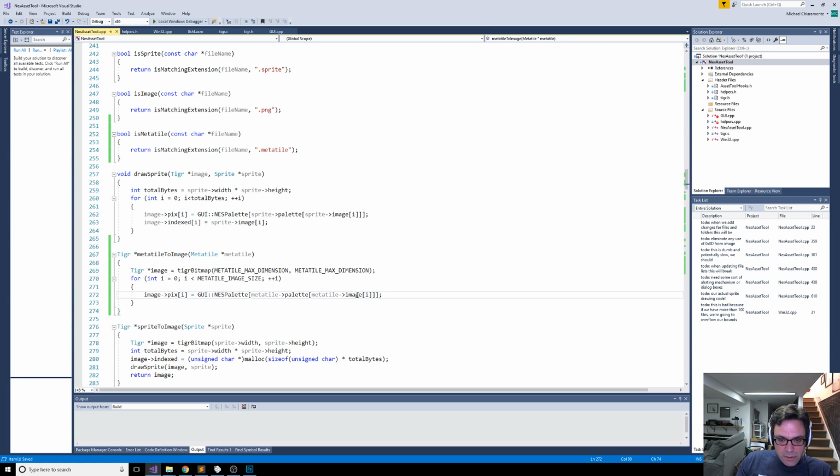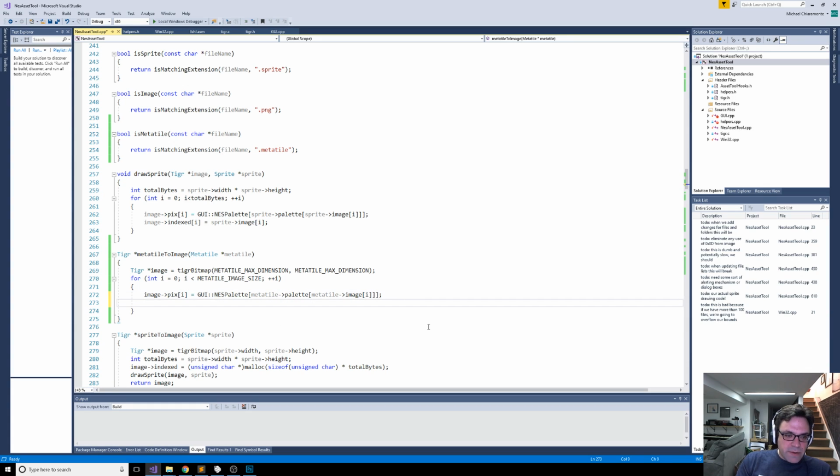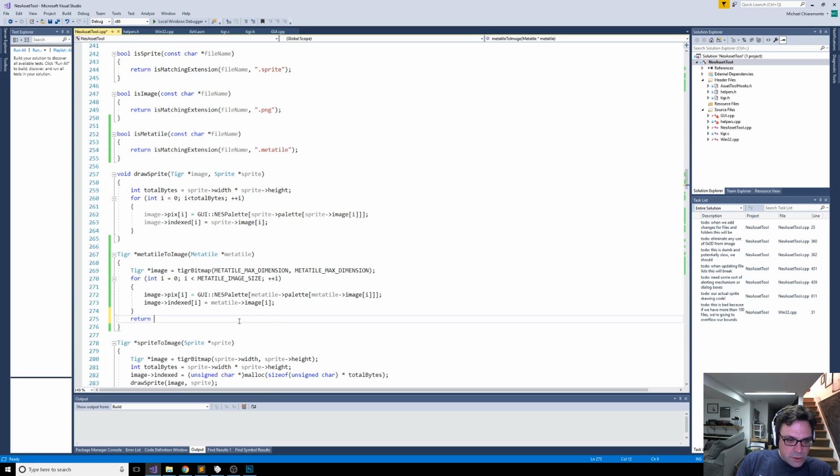Because we're taking the image. The same thing as with the sprite. We're taking the image value, putting it into the terms of what the palette represents for that color, and then looking up the actual RGB value, and then we're also populating the indexed value because we use that later on. So that's that, and then we want to return our image,